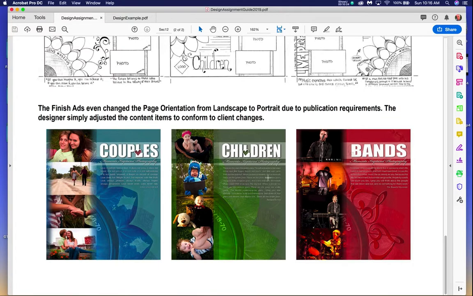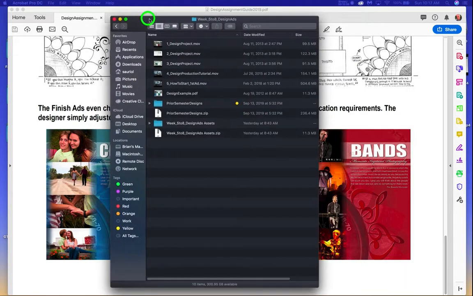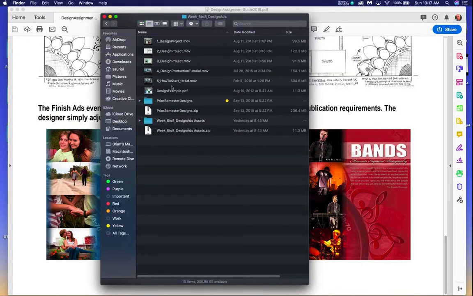So now that I've shown you that, and before I show you the design example, I'm going to bring over the folder, which I think I have right here, that has all the movies in it. This is my folder, by the way. And it has these prior... In the module for 2300, in the design module, which I'll talk about, which I have shown you in the movie that started this class,